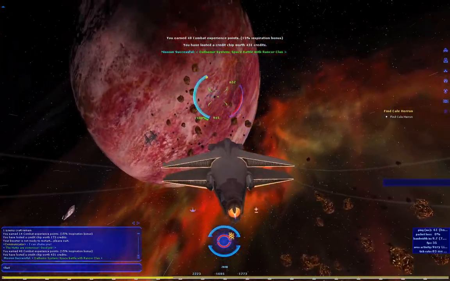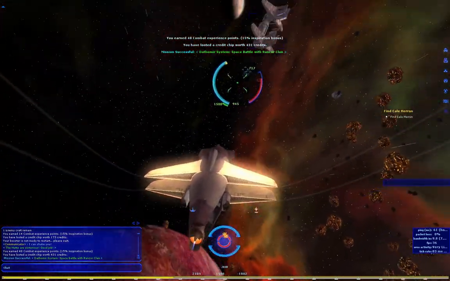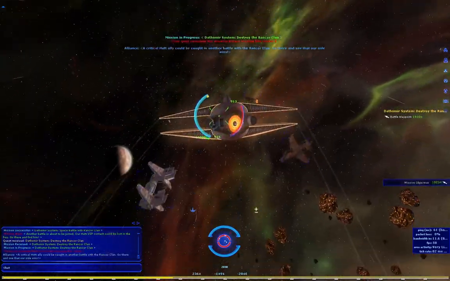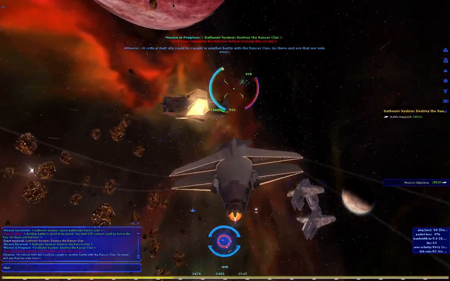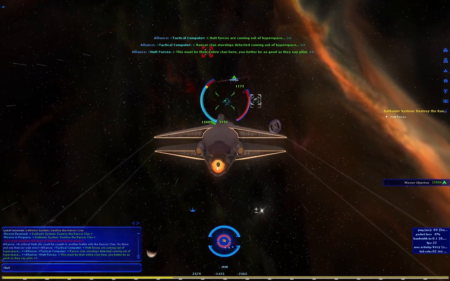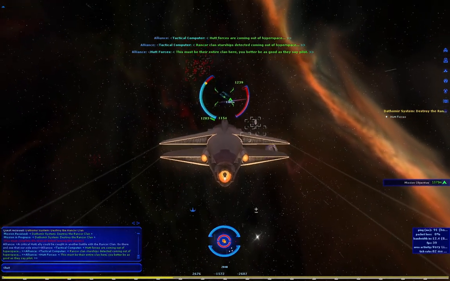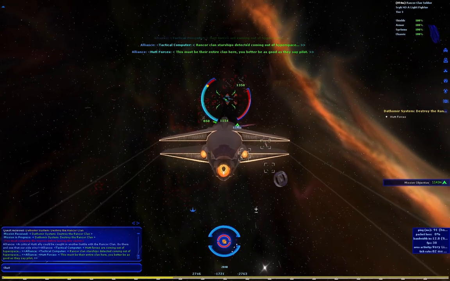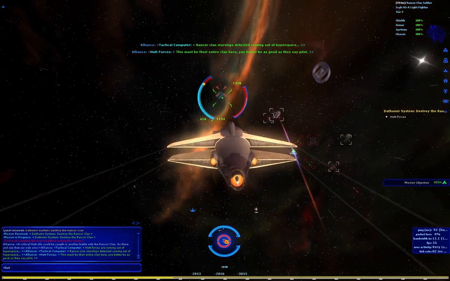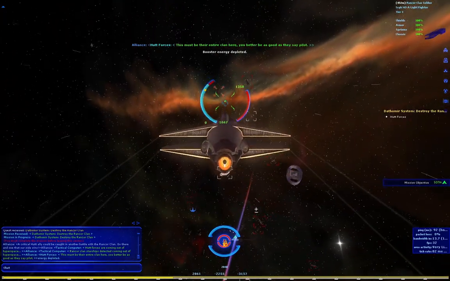The Hutts are victorious. Good job. Alright, so we're just helping out our allies here. Alright, battle waypoint. Head to that. X targets the one under the targeting reticle. Alright, so